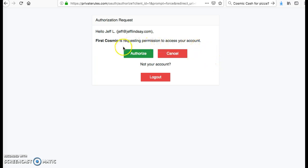Privaterules.com is saying, hey, First Cosmic wants to access your account. Is that okay? And you click authorize. And if this name is not your name, if that email address is not your email address, if you're doing 2 or 3 websites or 2 or 3 accounts, make sure that you would then click log out and enter the information correctly. But this one's all correct. Jeff at jefflindsay.com. Click authorize, and